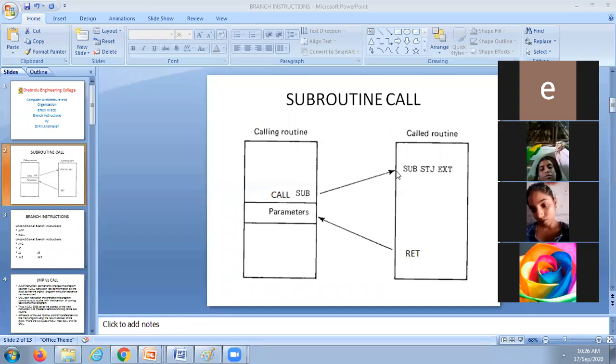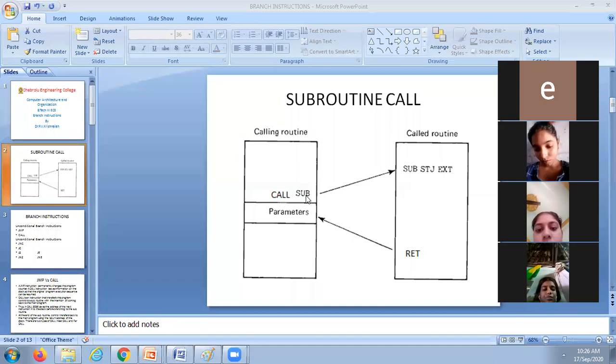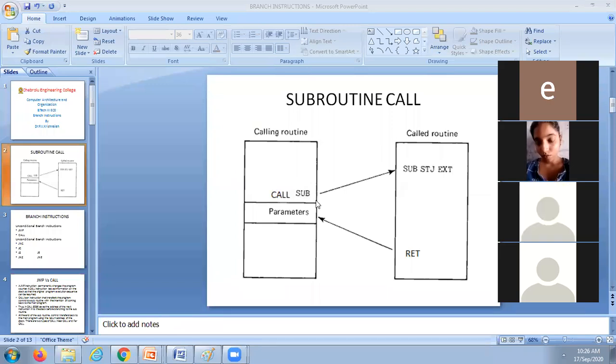No. Whenever you call a particular subroutine, you have to give the address, but in C, because it is a high level language, you are giving a function name here. When the C program is converted into an assembly program, the call is followed by some address. That address is nothing but the starting address of the subroutine.